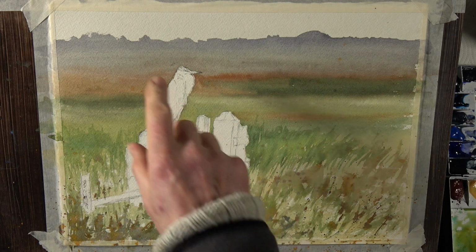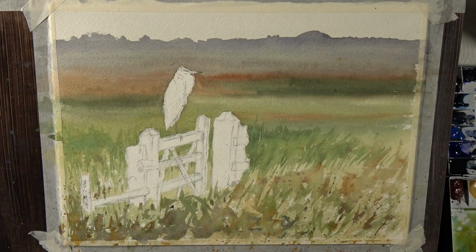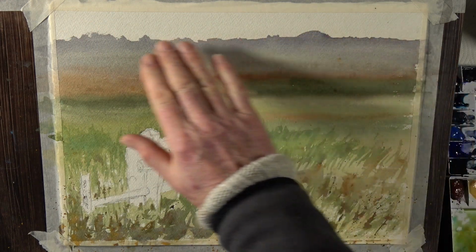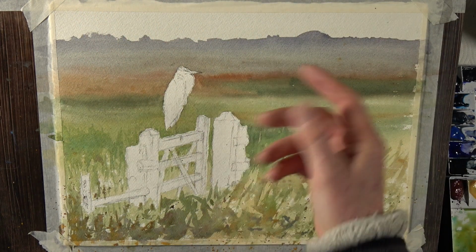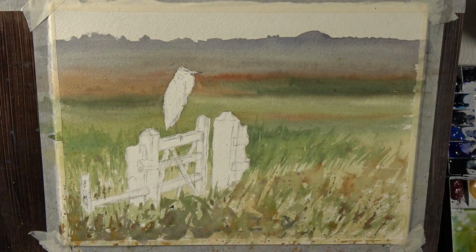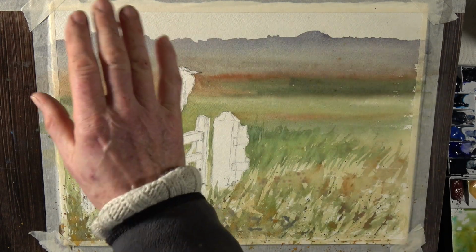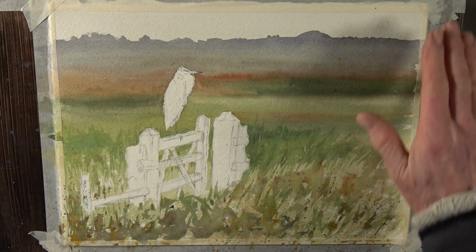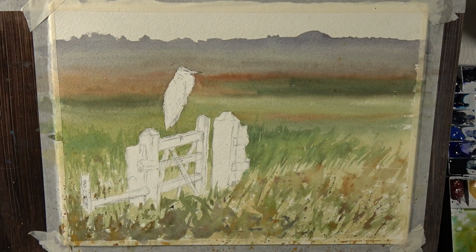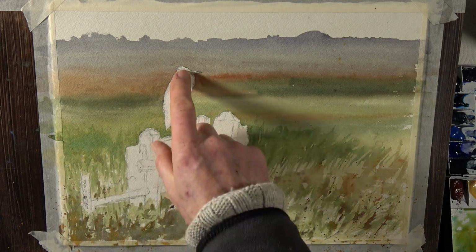Okay, so now we've got this lovely fawn colour at the top here, and by putting that blue violet in the background, it gives that lovely contrast and a nice sense of light in the sky, but it's not the white paper. I think the white paper, had I left it like here, would have been too stark. By just knocking it down a little bit with that almost dirty water, it actually makes it work very, very well. Now the rest of this is done and it's all dry, so I'm going to work on my